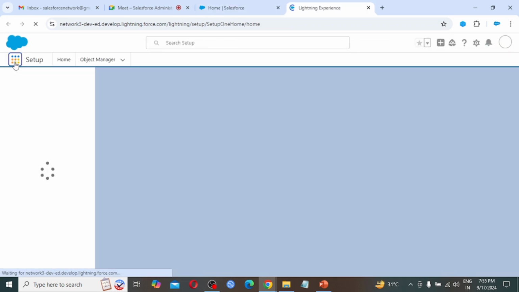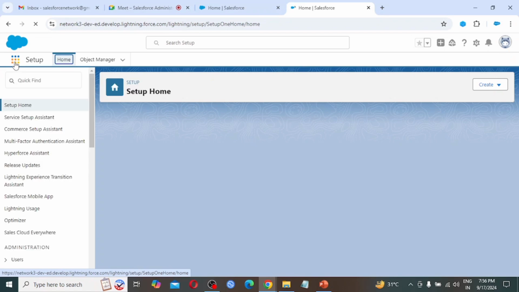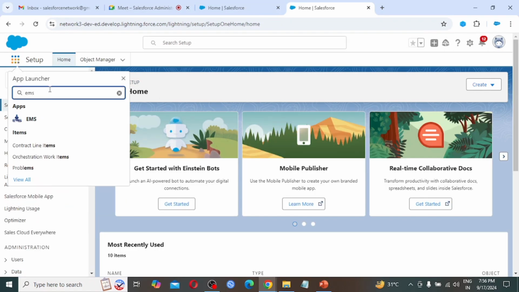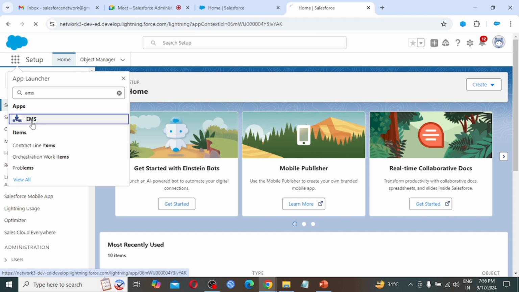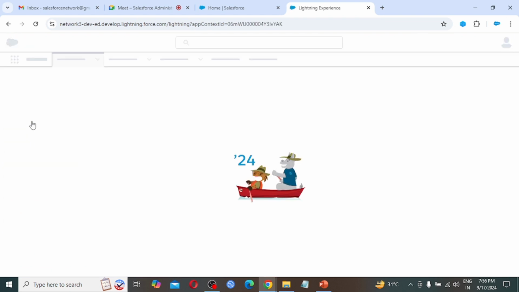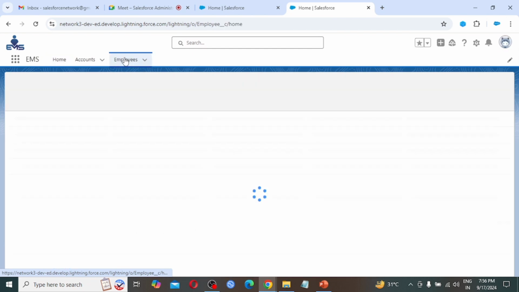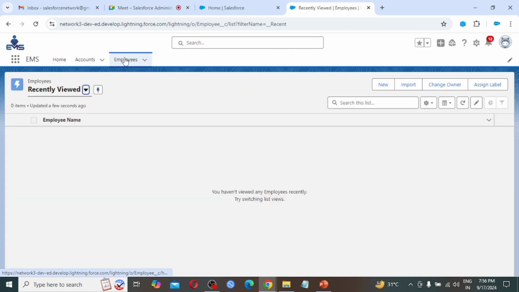In the app launcher, search for our application. Click on this. So click on employee, click new.